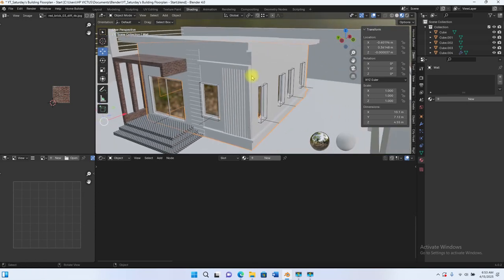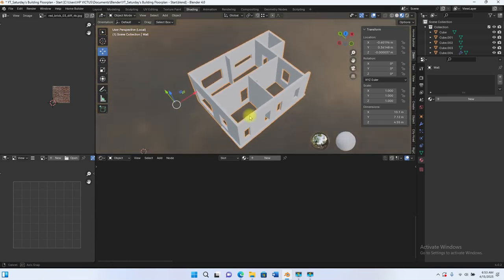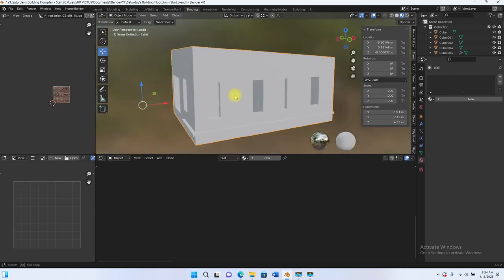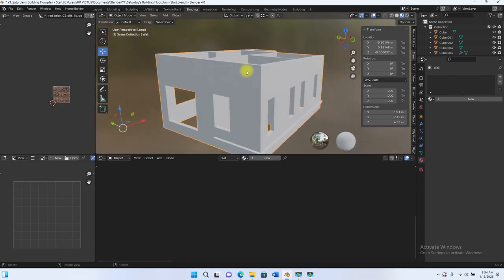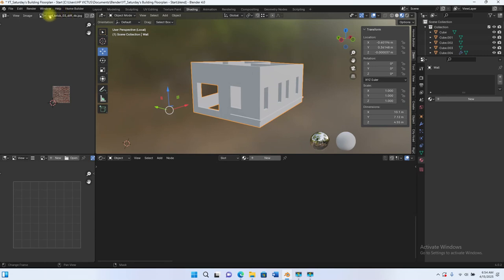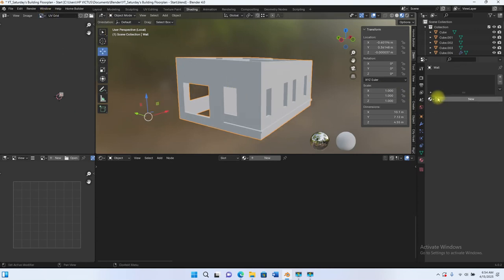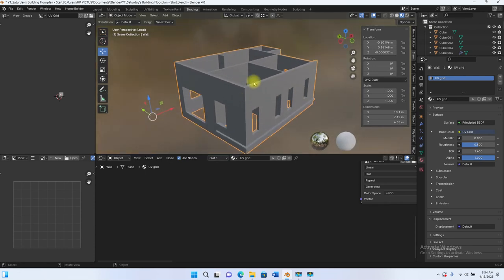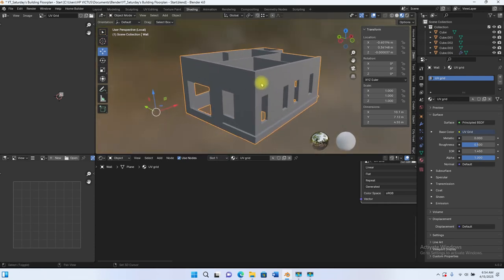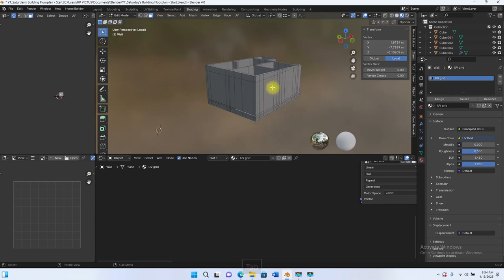So let me just quickly show you a very fast way to unwrap. If I isolate this, and I want to unwrap this box like so, I could quickly unwrap this. Instead of telling Blender I want you to cut here, cut there, what I could do is go to tab mode,